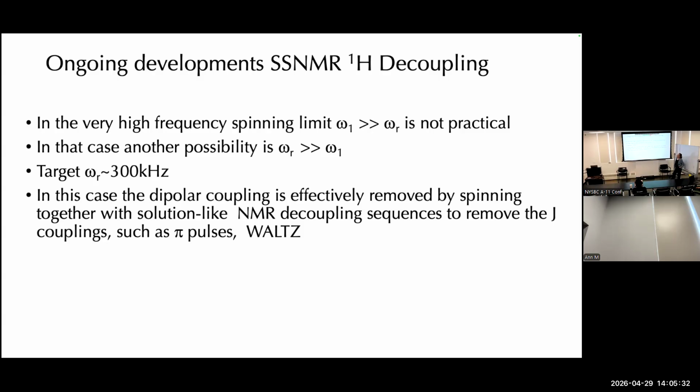So what can we do? We don't want omega 1 to be comparable to omega R. So the other possibility is that omega 1 is kind of weak. It's way down below. How well does that work? Now, I think it would work really well if you could get omega R all the way up to 300 kilohertz. People are working very hard on that. But given the rotors we have,